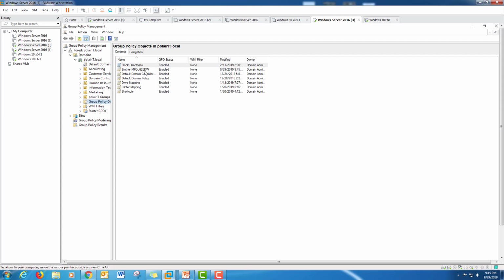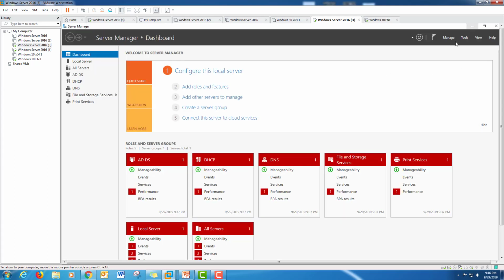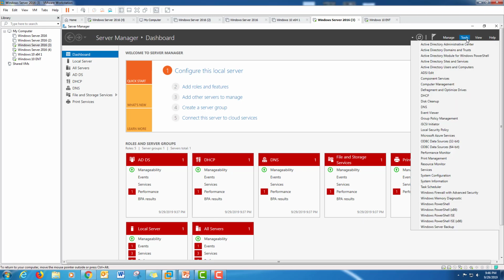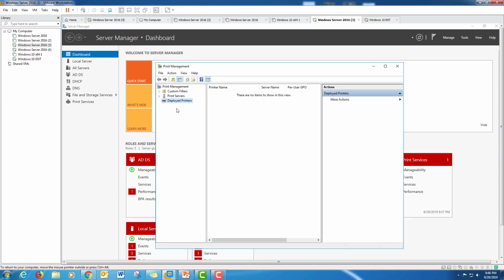And basically that's all you want to do right now. You don't want to do anything to this GPO. All you want to do is just name it. So now I'm just going to minimize this. I'm going to go into Tools and Print Management, and then I'm going to right click on